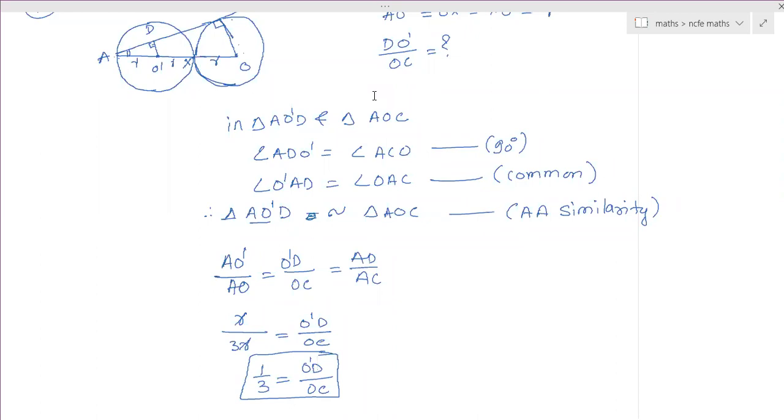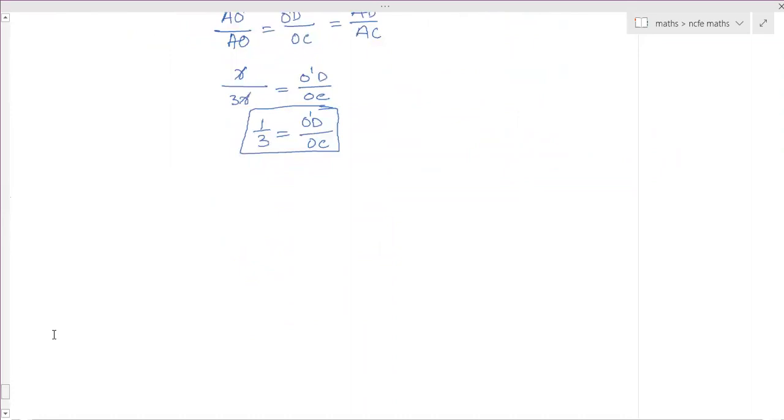Ma'am, it's told that the length of the tangent from the external point P on the circle with center O is always dash OP. They are always greater or equal to, you have to check out. This is a circle. The length of this tangent, and this is OP. This is O. This is 90 degree.